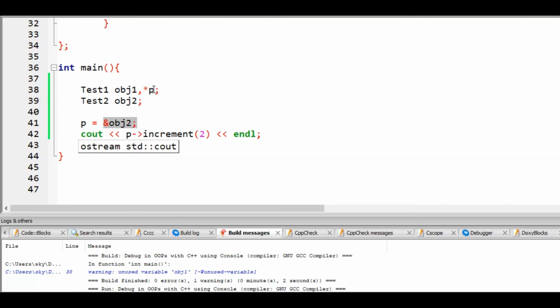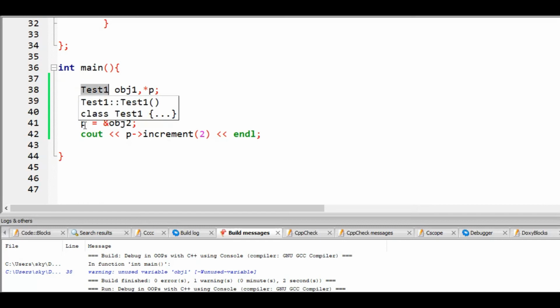But the type of p, the compiler can easily understand during the compilation time, or the early time. This is called early binding. So the compiler does early binding, meaning the compiler says, okay, I don't know what the content inside this is, which will be decided during the runtime, but I know the type of p.